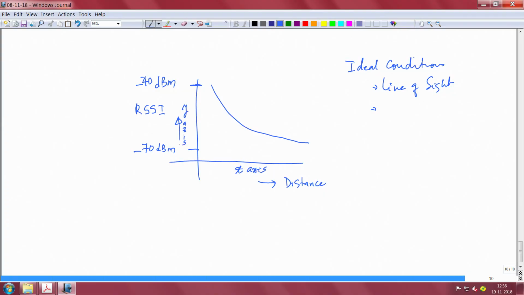Now, if you go back and look at the previous lectures, you realize that RSSI is a good indicator which tells you that you can do some sort of ranging with it. Let me show you a small picture of such a system. Look at this picture here. The x axis has distance and the y axis is the received signal strength indicator, which is a nice indicator available at the reader which says how far the tag is.